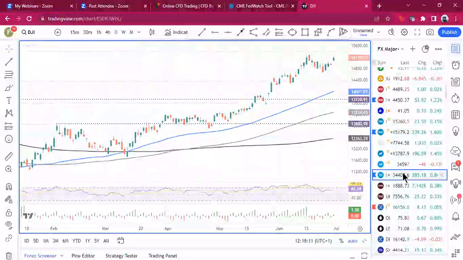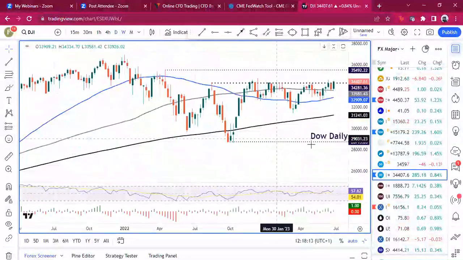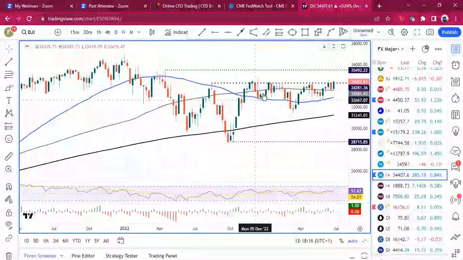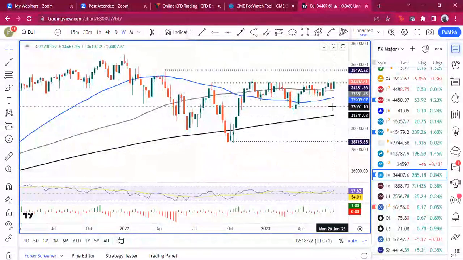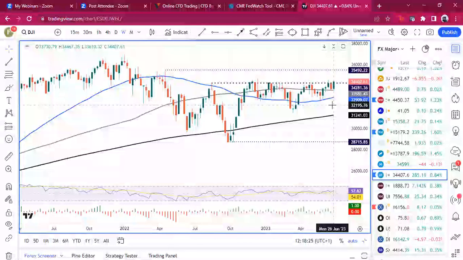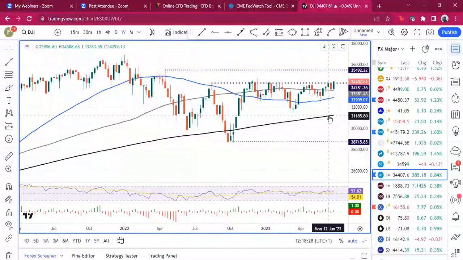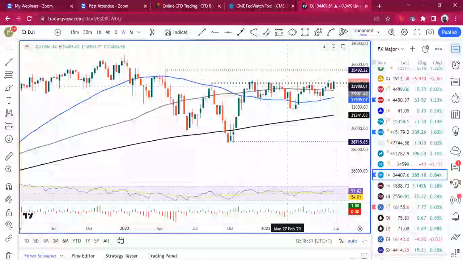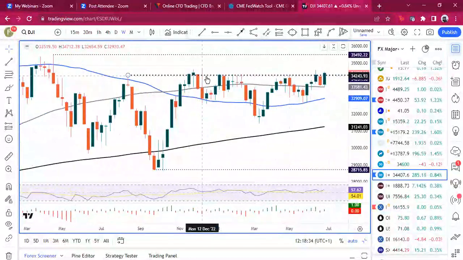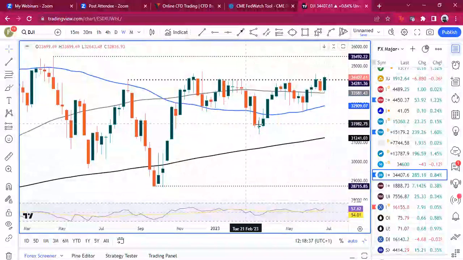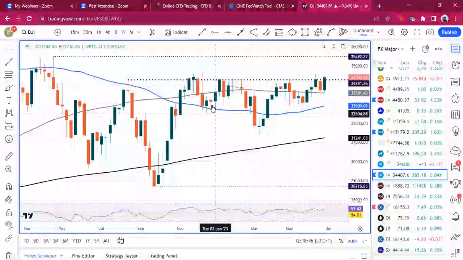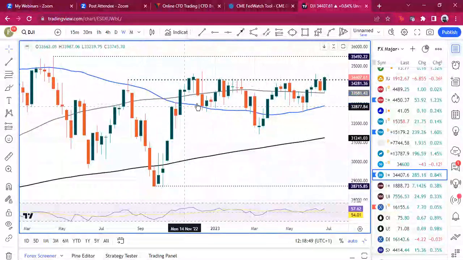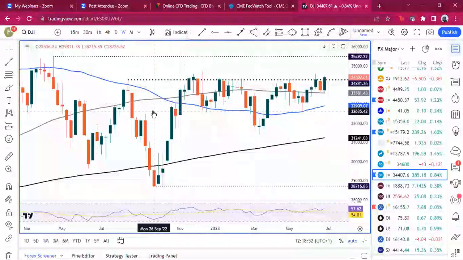Just on the Dow, let's go to the weekly to show you again the strong resistance level we've had for a number of months now at 34,281. You can see we closed above that at 34,467. So potentially really interesting if we can push above that now. This strong line of resistance, you can see the dotted line there. These are moving averages, but we've moved above the 100-week moving average at 33,581. But the big one for us, as I say, is 34,281, and potentially if we can close up above that this week,